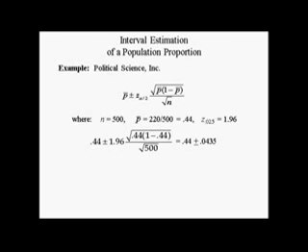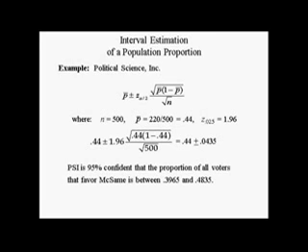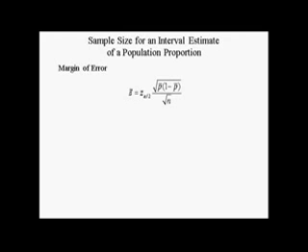The interval estimate is equal to 0.44 plus or minus 0.0435. Thus, PSI is 95% confident that the proportion of voters that favor McSame is between 0.3965 and 0.4835. If the upper limit of this confidence interval was larger than 0.50, the race between two political candidates is considered a dead heat. For a given level of confidence, the margin of error, E, can be reduced by increasing